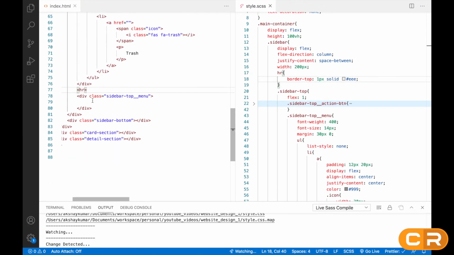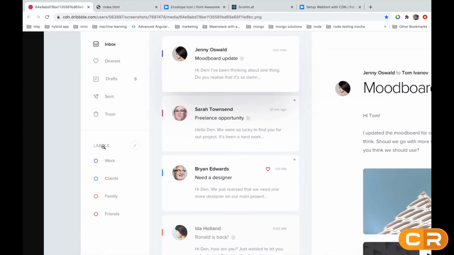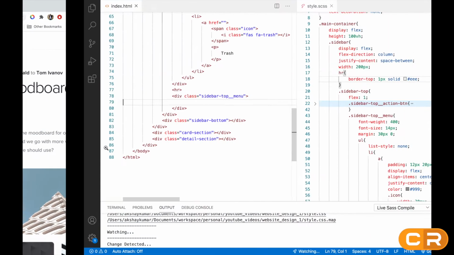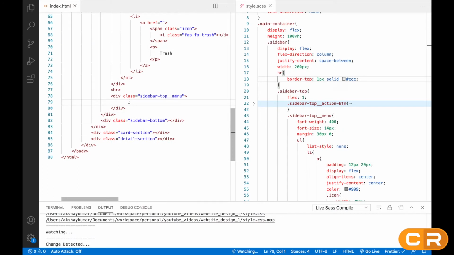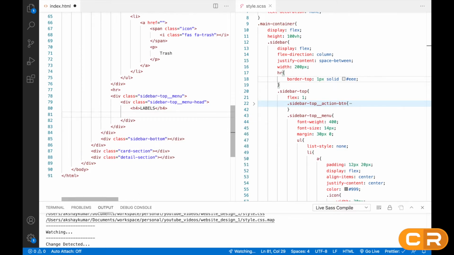Now move to this section. As you can see, here we need this extra heading. So we can create one div here with a class of sidebar top underscore underscore menu head. Inside this we can create an h4 tag, and we'll write labels, and after this we'll write a span with the class icon.